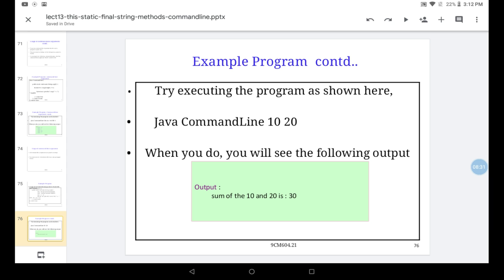So what we have to do now? At runtime we are giving java, the command line class name, and the arguments you are passing, 10, 20. So arguments of 0 is 10, arguments of 1 is 20. So 10 and 20 should be converted from string.